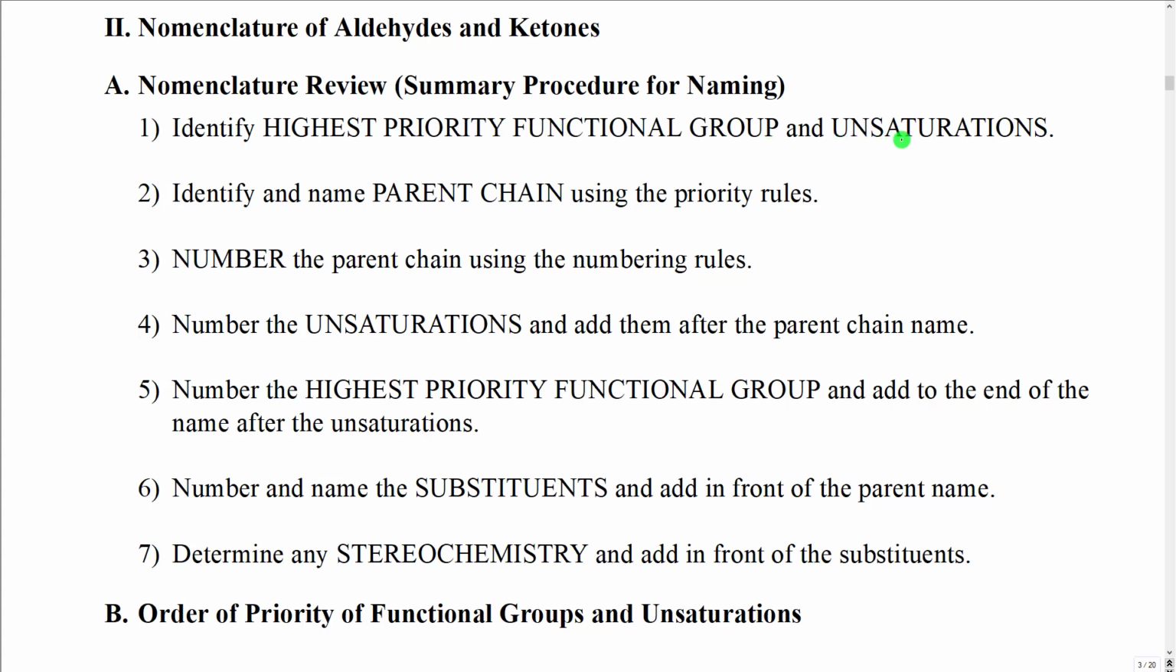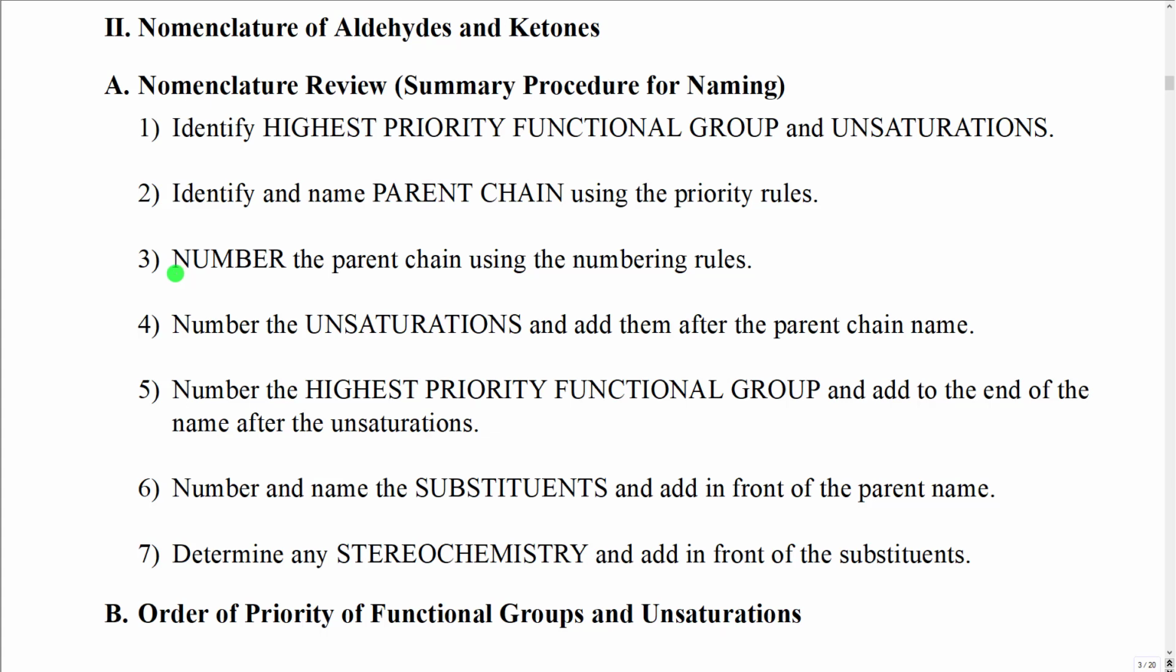We would also want to identify any unsaturations, which would be double or triple bonds. We would then use the identity of these functional groups and unsaturations to locate the parent chain, which would be the longest continuous chain of carbons that contains both the highest priority functional group and any unsaturations. We would then count up the number of carbons in that and get the parent chain name. We would then number the parent chain using the numbering rules, which basically more or less boil down to having the highest priority functional group at the lowest number possible, and then